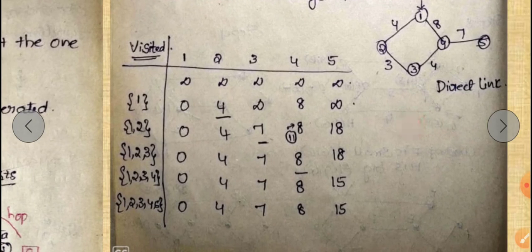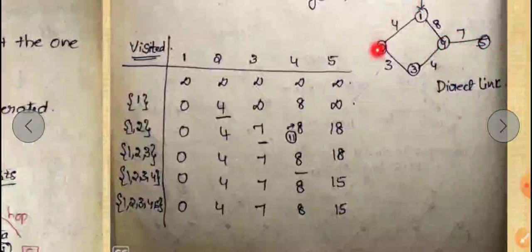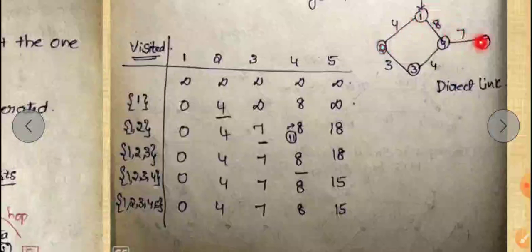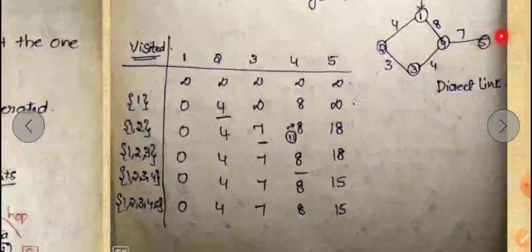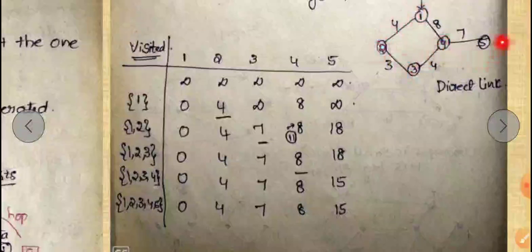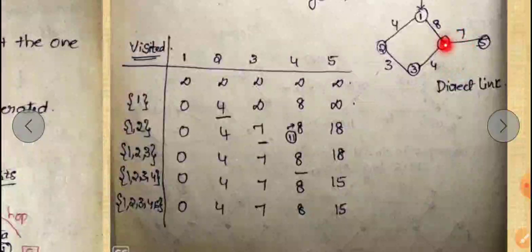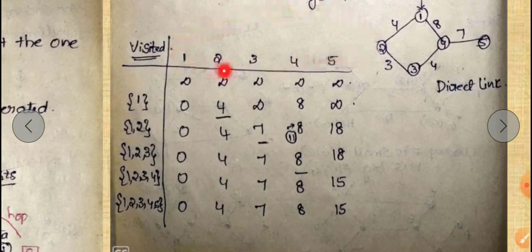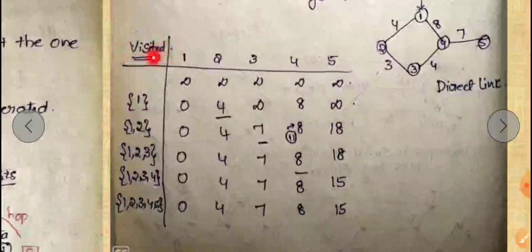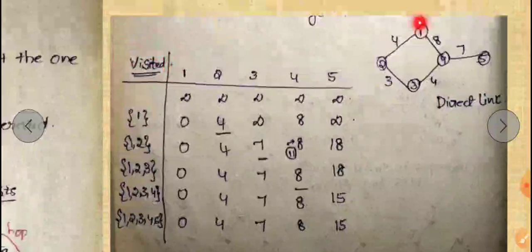So here you can see 1, 2, 3, 4, 5. These are the routers. How many routers? 5 routers are there. Here you can see one router having a direct link between 2 and 4. Router 5 doesn't have any direct link from 1, 2, 3, but only has a direct link from the 4th router. So now I am going to take 1, 2, 3, 4, 5 as the routers. First I will take router 1.